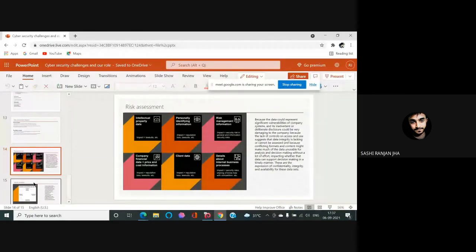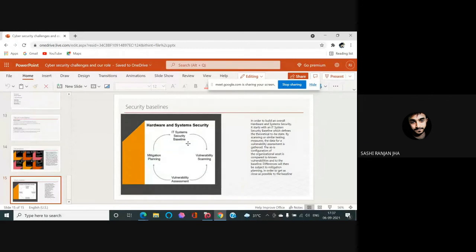The last thing is how all of this has to be managed. First we describe the IT security baseline, then we do automatic vulnerability scanning. According to the result of the vulnerability scanning, we do a vulnerability assessment using a payload, to see how deep we can get into those websites, or how many privileges we can access through the vulnerability present on the website.